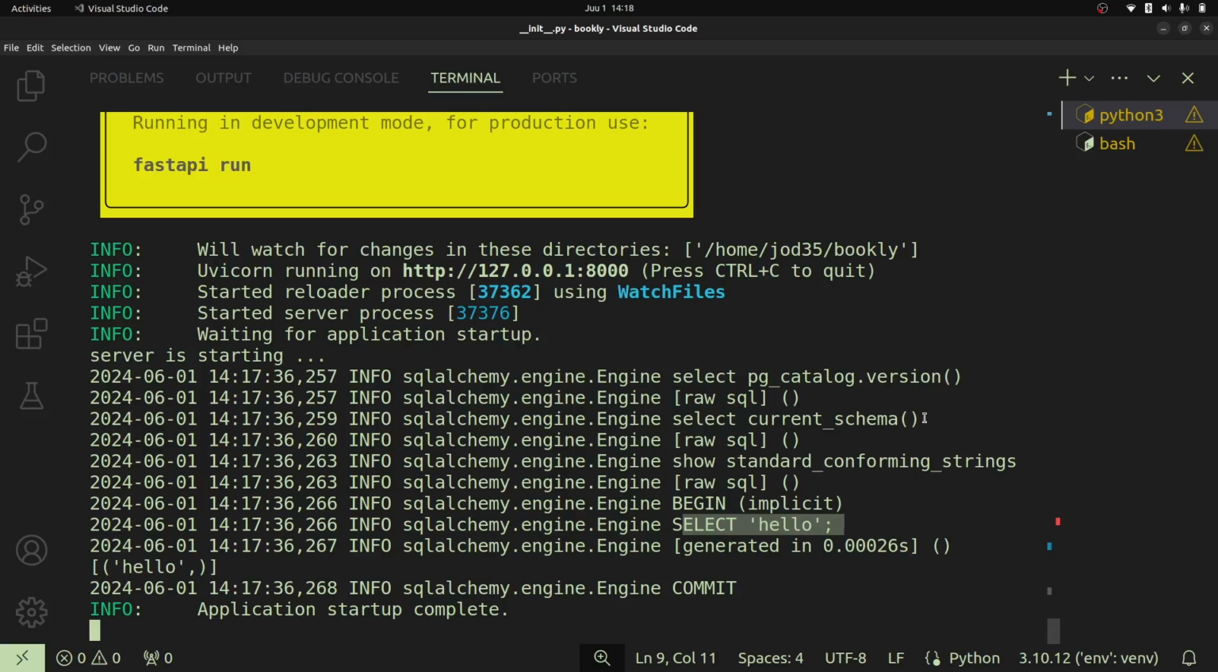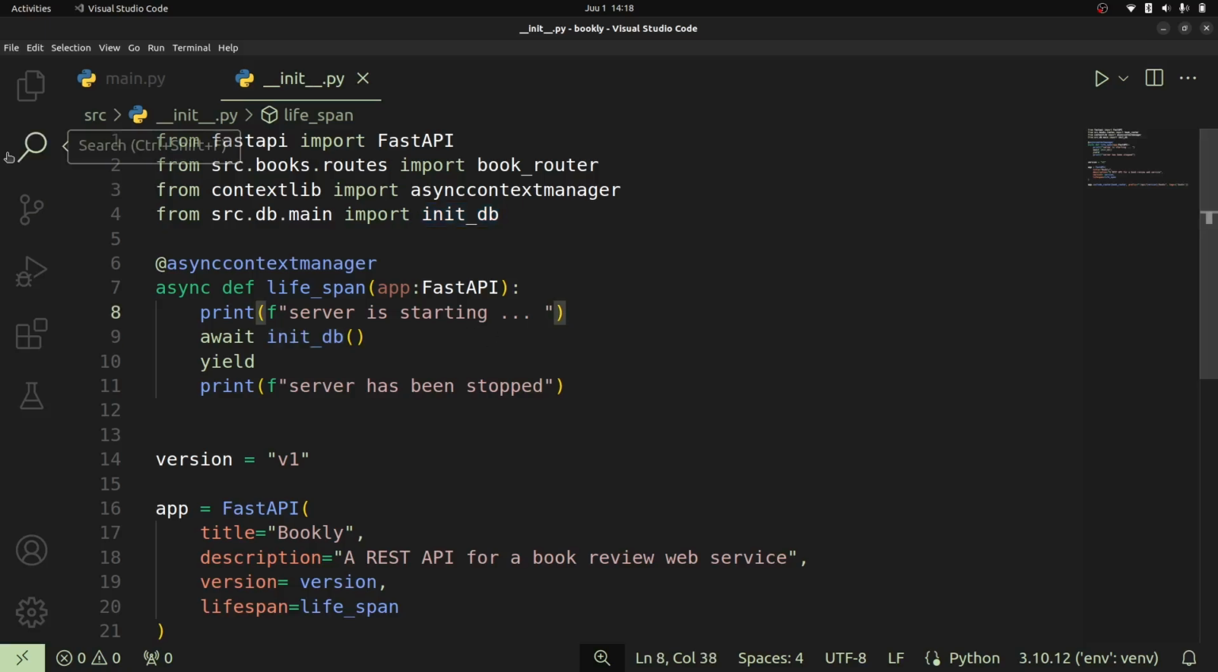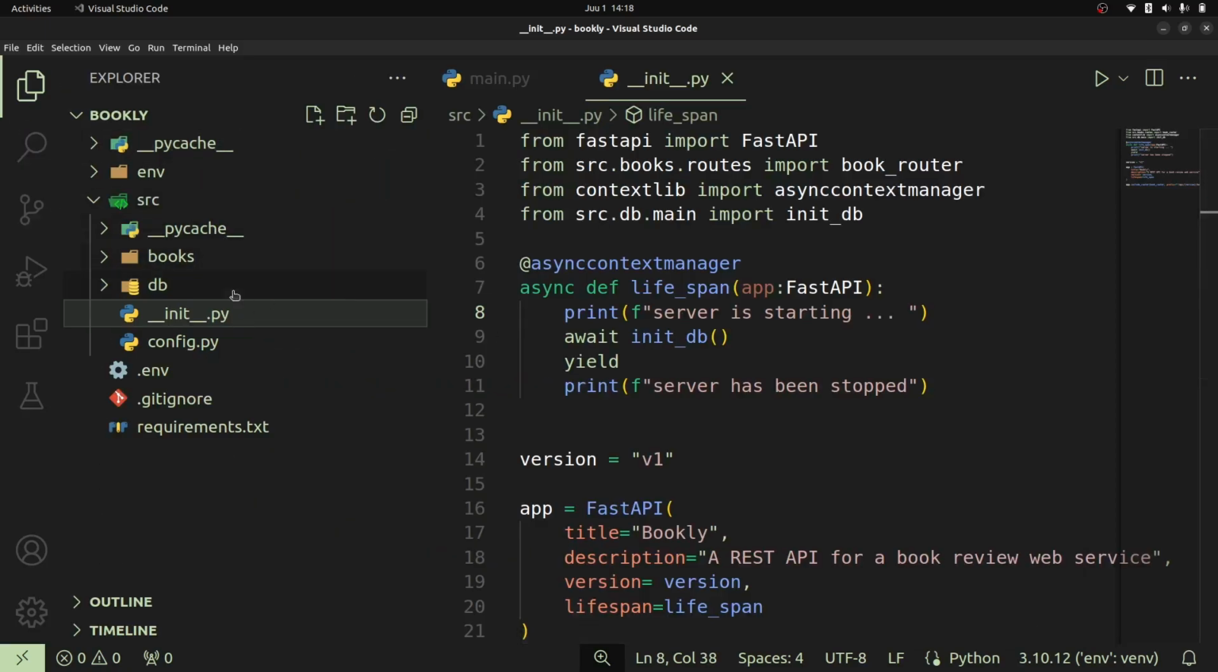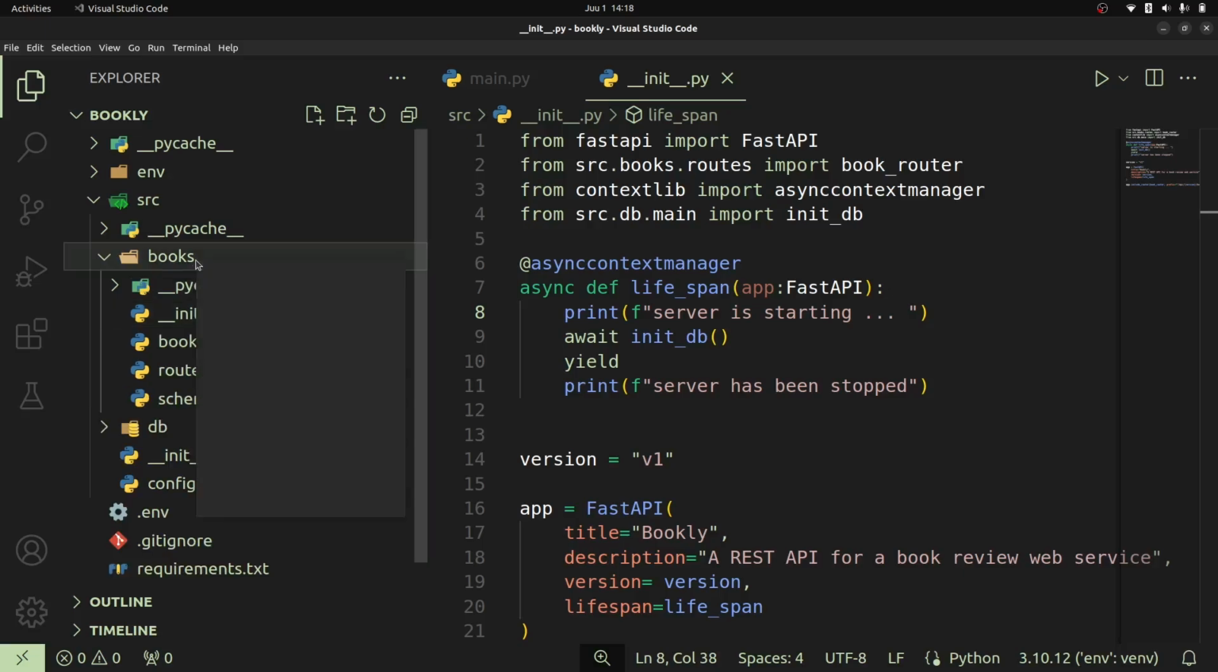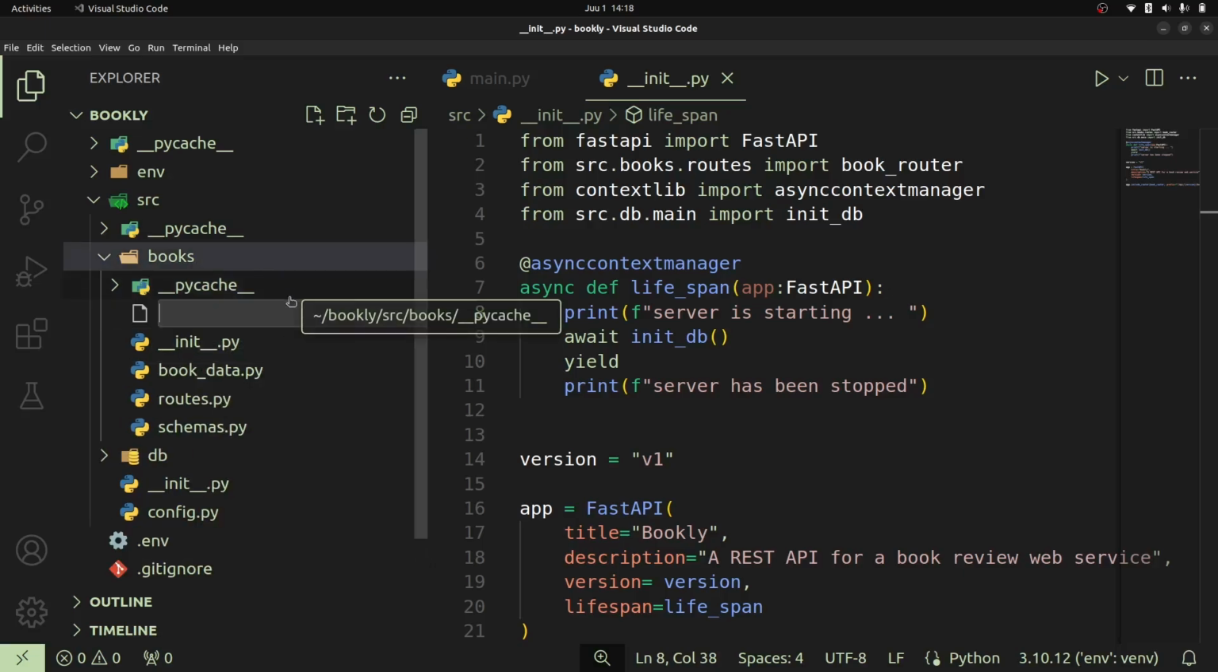Now that we've been able to do that, let us go ahead and create a database model for our book data. Once we've created that model, we are now going to go ahead and create, read, update, and delete book objects in a real persistent PostgreSQL database. So to do that, we are now going to go ahead and inside our books module or books package, we're going to create a new file and we're going to call that